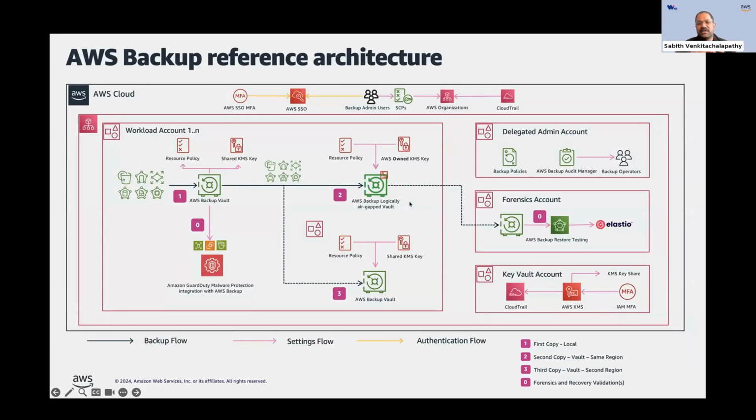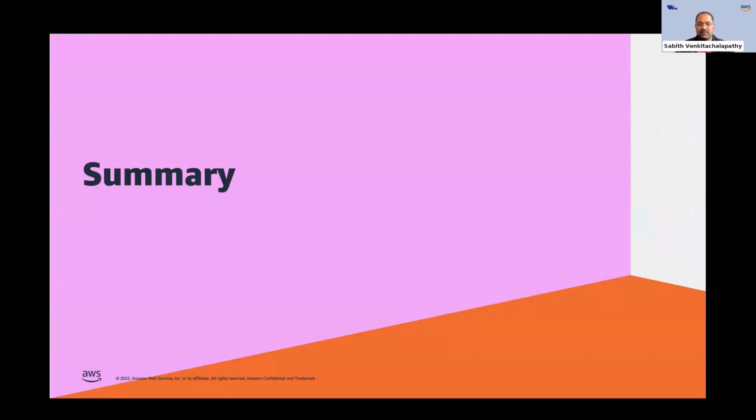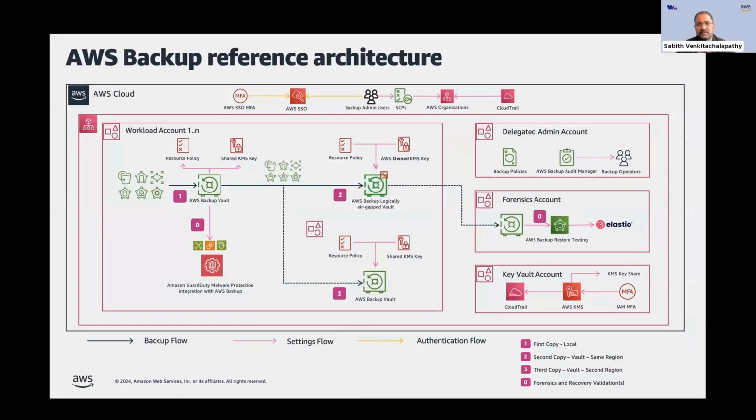So AWS Backup Logically Air-Gapped Vault, in a nutshell, is the managed version of the normal AWS Backup Vault, wherein any copies of the data in the Logically Air-Gapped Vault will be stored in an AWS Backup managed vault, allowing both integration with resources like AWS Resource Access Manager and using an AWS owned key encryption, which means that you don't have to worry about the threat vector of the key being compromised and all those things.